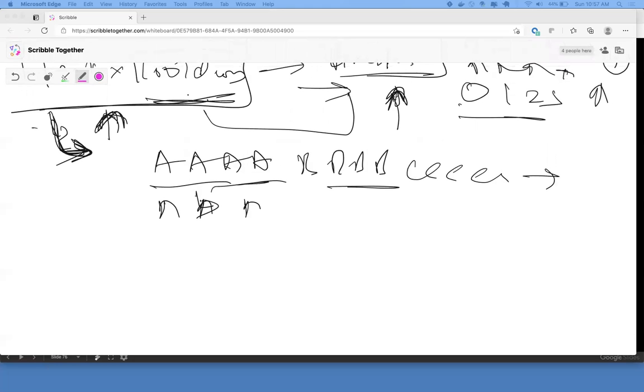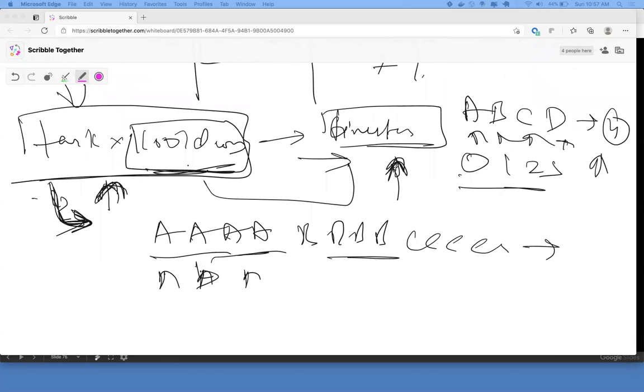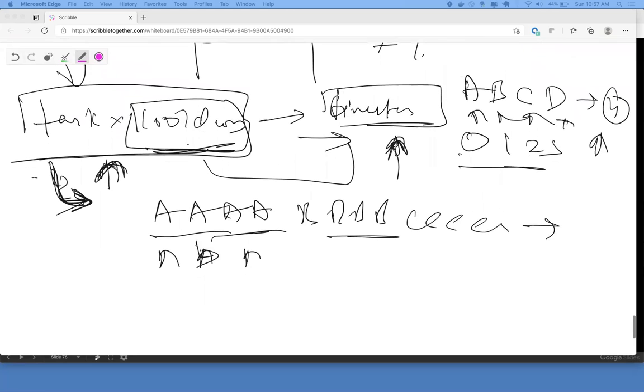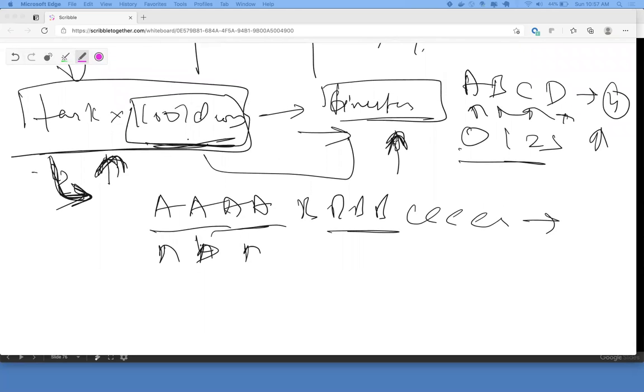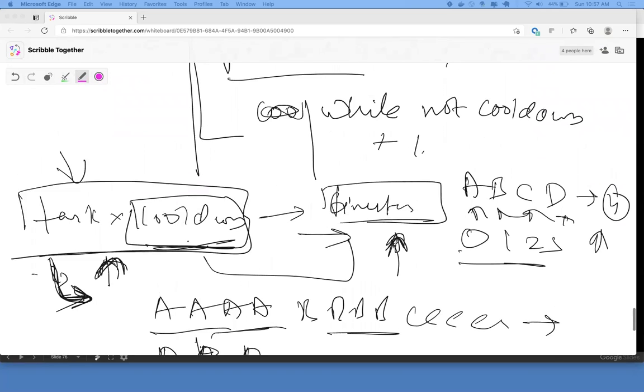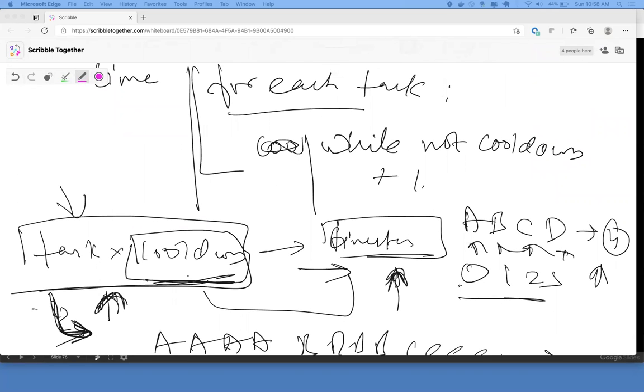Good one. So you know that if I hit A, let's say my cooldown is 3, then I know the next time I can run A is 4.